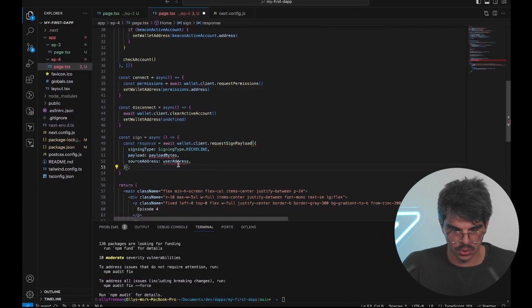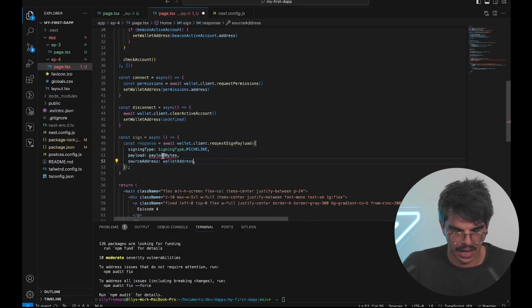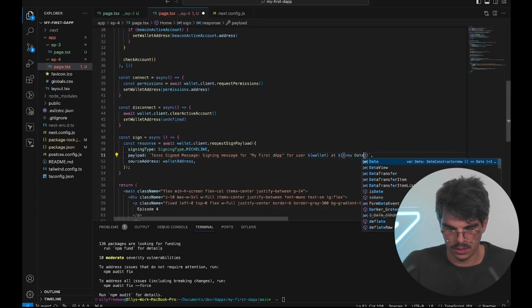And then the source address is going to be our wallet address, and the payload is going to be, what are we going to call it? Tezos signed message. Signing message for my first dApp for user wallet address, wallet address at, and then let's format the date. So we can say new date